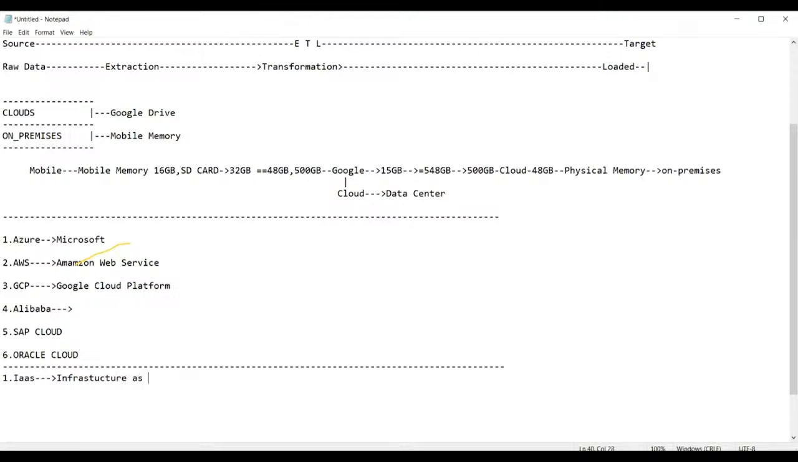Infrastructure as a service. And then you have what's that? PaaS. PaaS stands for what, guys? Platform as a service. Then, guys, the third one is SaaS. SaaS stands for what, guys? Software as a service. Guys, these are the three different